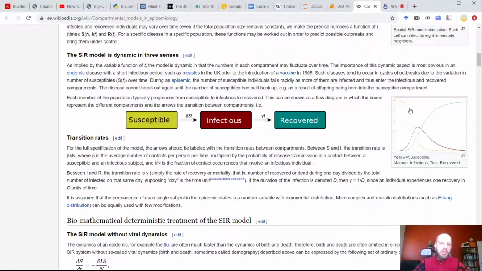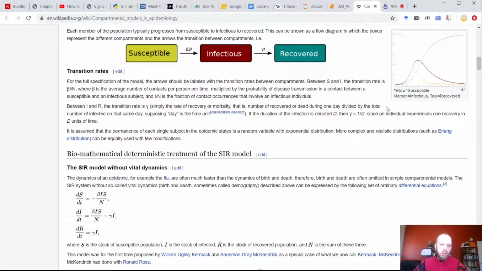We don't have to read all of that. There are some differential equations, but the greatest idea that we need to lift from here is that we put people into these categories. So there are some states that every person may be in. In this case, these are variables, the number of people within the population in each of these bags. But for us, these will be states of the elements on our graph.